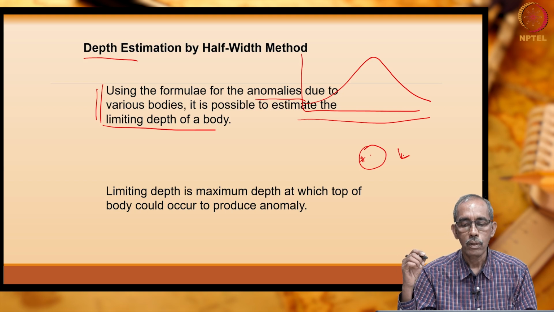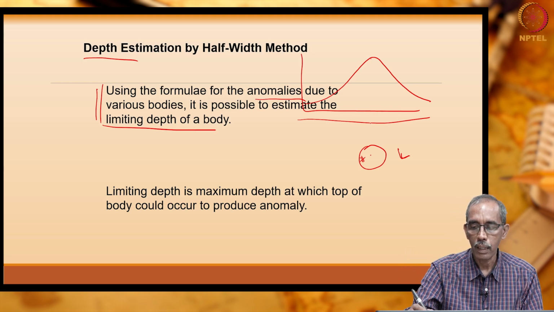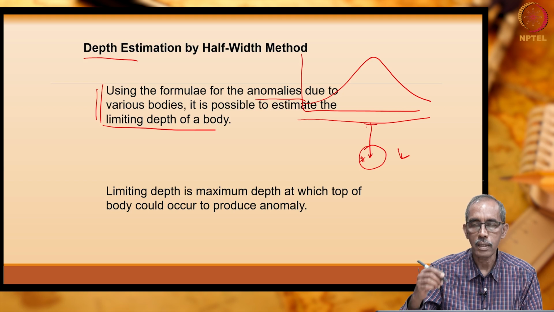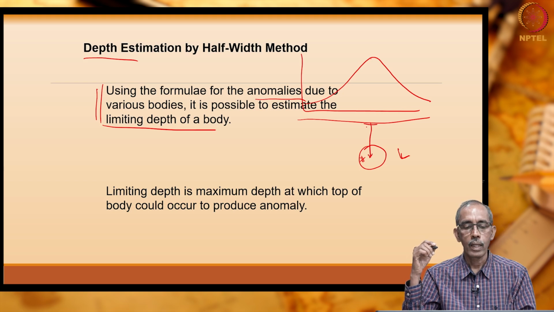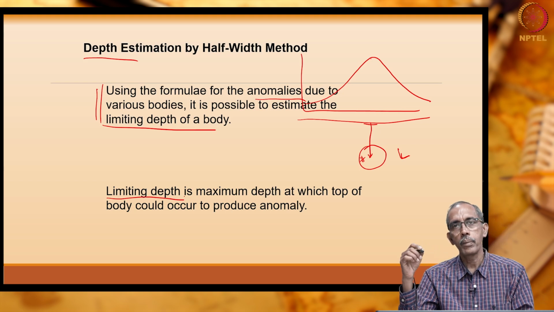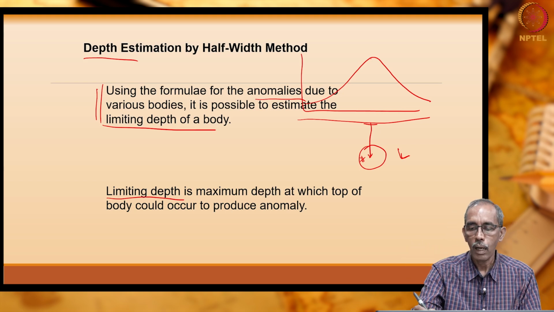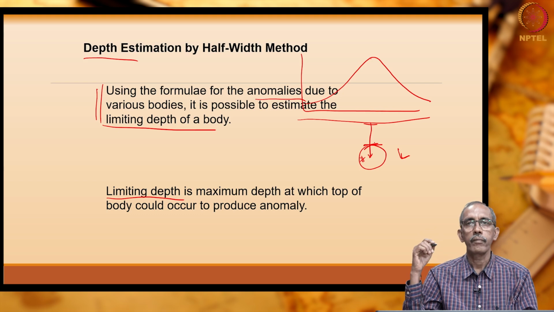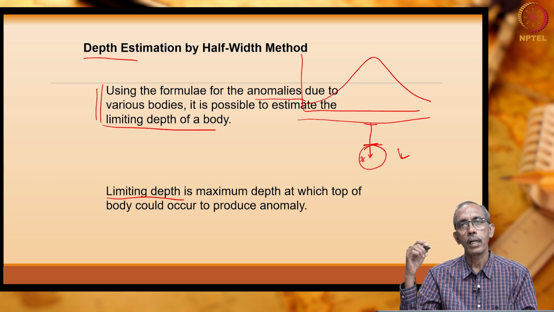So, we can try to determine what is the depth of this formation from the ground surface. Limiting depth is the maximum depth at which the top of the body will occur. So, this formula helps us to determine the maximum depth until which you can expect that